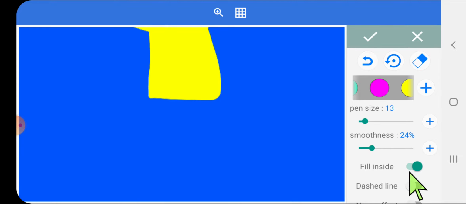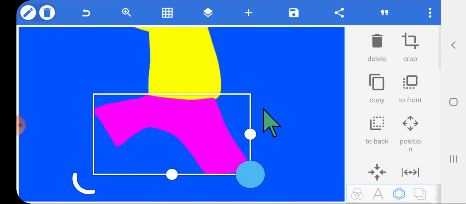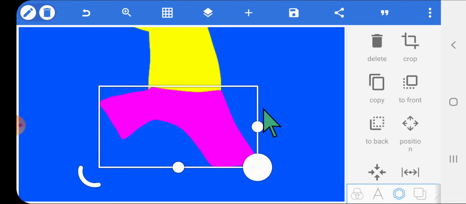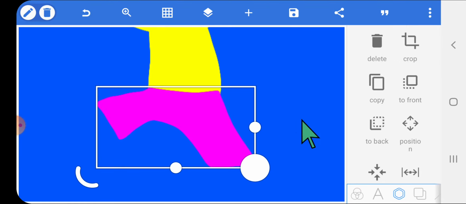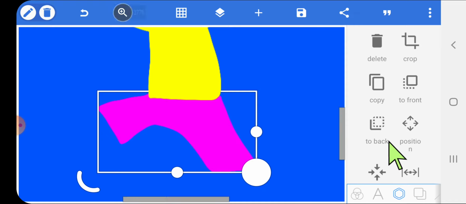Select fill inside option. Okay. Send it to back. Let's zoom out and see.